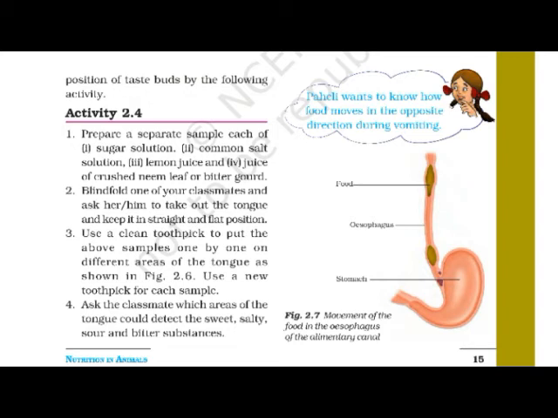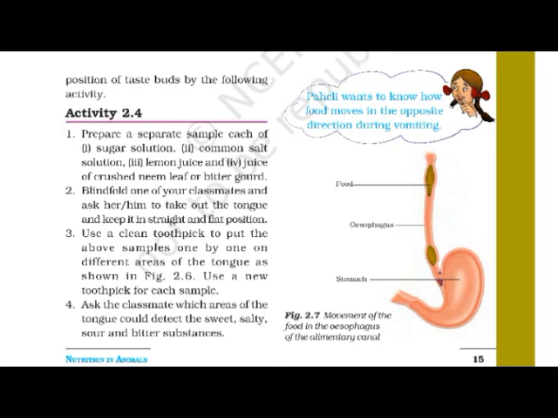movement is most important. Movement of the whole alimentary canal takes place continuously, and due to this movement only, food is passed from the mouth to the last end of the alimentary canal. So I can say that the whole alimentary canal shows movement, which is very important for the movement of the food. Okay, at times the food is not accepted by our stomach and is vomited out.